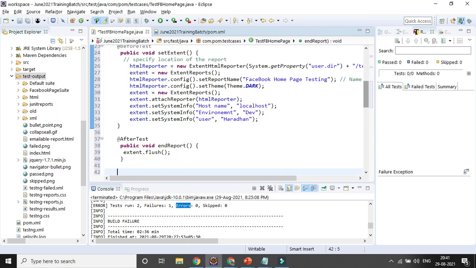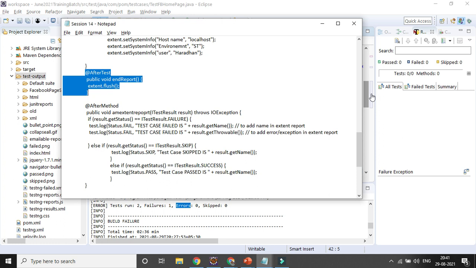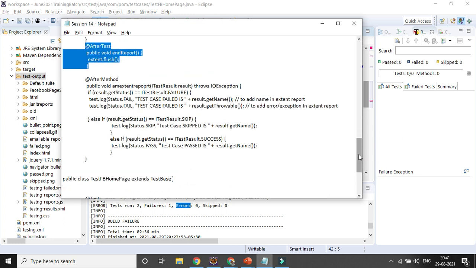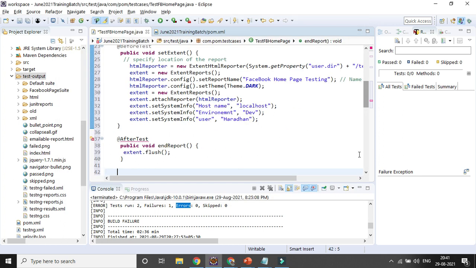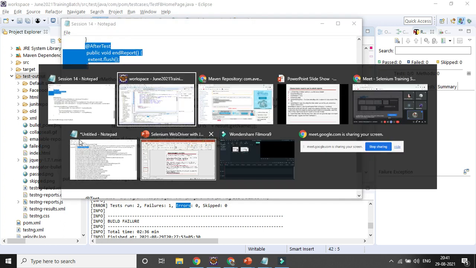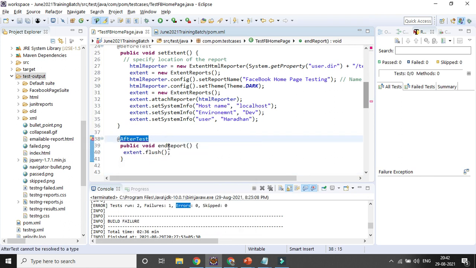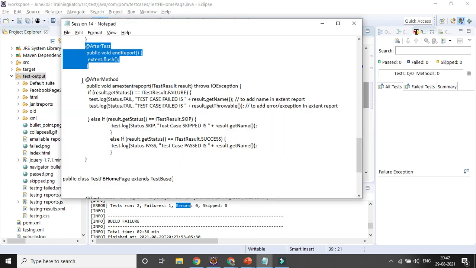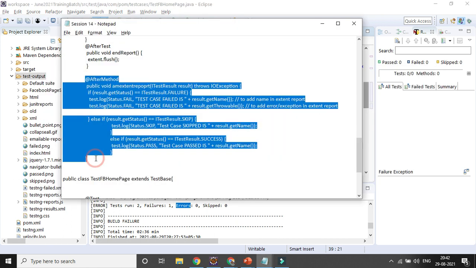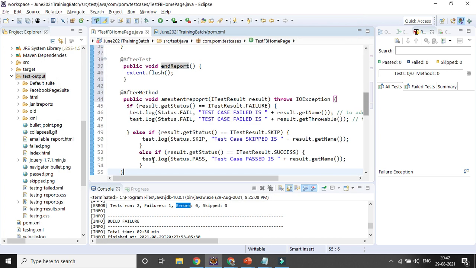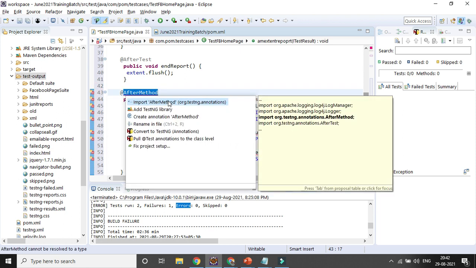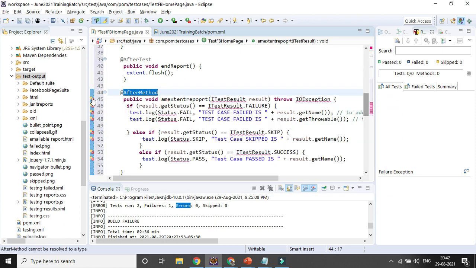Another important thing is how you will consider whether your test case has passed or failed. After every method, meaning every test case, there can be multiple methods, and after each and every method I want to run something. So in AfterMethod you also need to add one more step, so that it will check whether your test case has passed or failed, and based on that it will generate the report. So those are the 3 things you need to add. So for AfterMethod I can import it, and I can also import ITestResult.